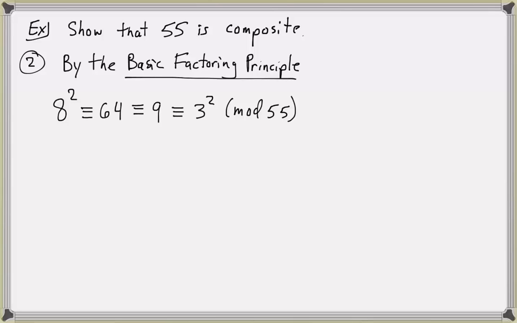And notice that 8 is not congruent to plus or minus 3 mod 55. So the basic factoring principle tells me that 55 is composite,